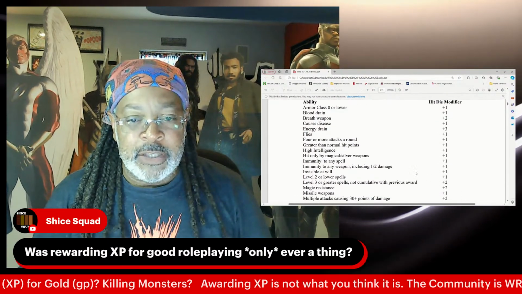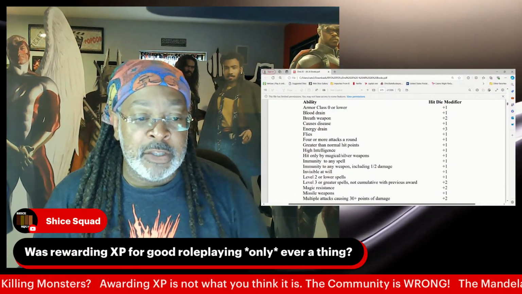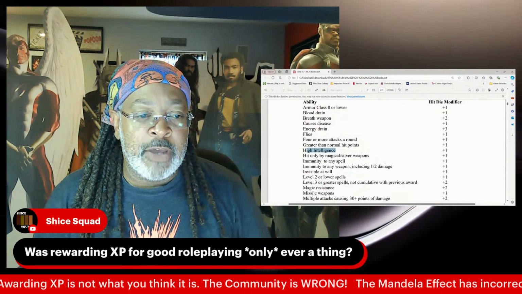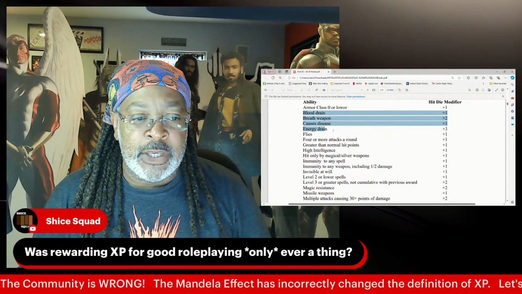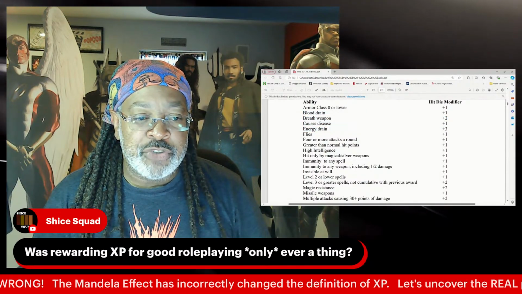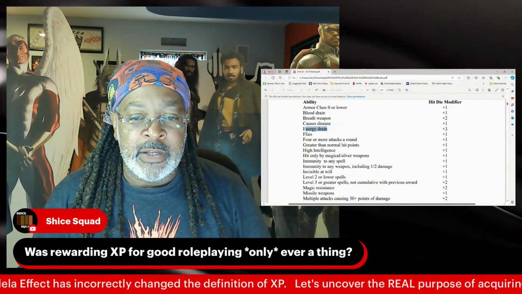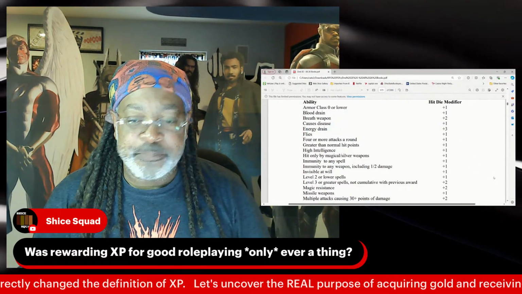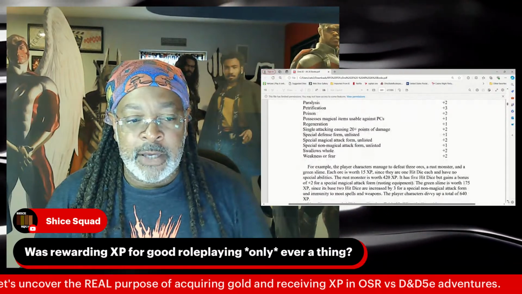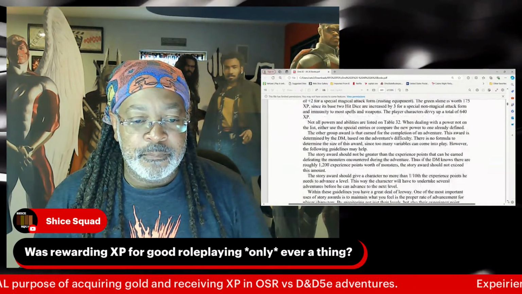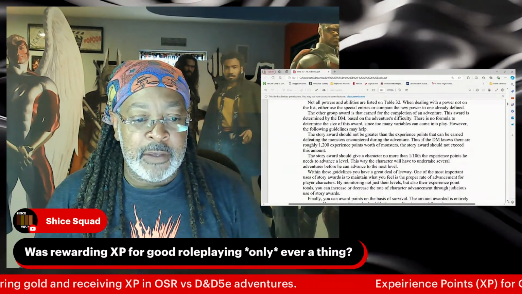So these were abilities that monsters had, like whether they were very intelligent or had a breath weapon, or blood drain or energy drain. If you remember old energy drain, which took levels from you, it actually has a +3 modifier to experience, and then it would just multiply what you receive. And it goes into some math and things like that.